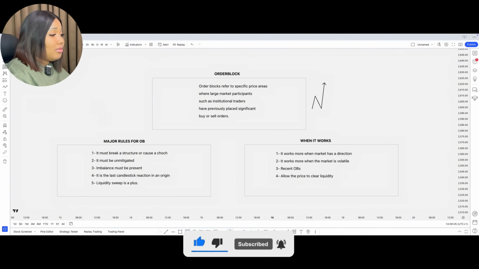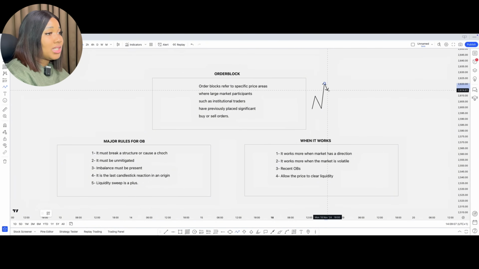are waiting for price to come and tap into the origin that caused the break of structure, then for price to keep pushing to the upside because it has created a break of structure here. So we're expecting price to retrace back into the origin that caused the break of structure to dish out a buy. Now, this impulsive movement that caused this break of structure,